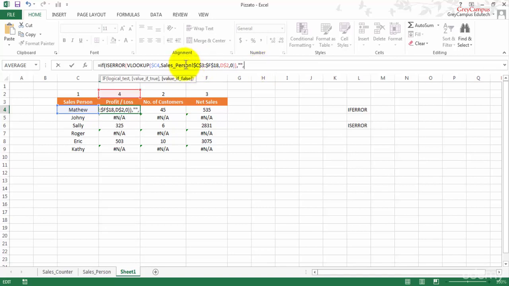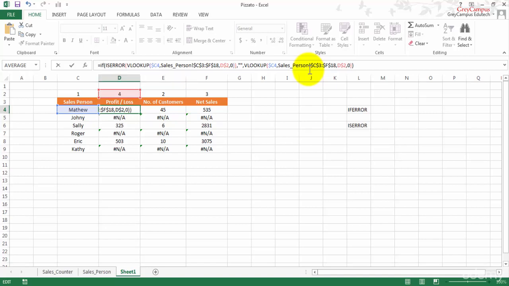However, if it is not an error, then execute the VLOOKUP function. So I am writing the same VLOOKUP function once again. That's why I said just copy that VLOOKUP, so that we can use it once again.